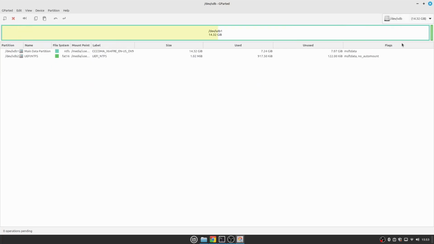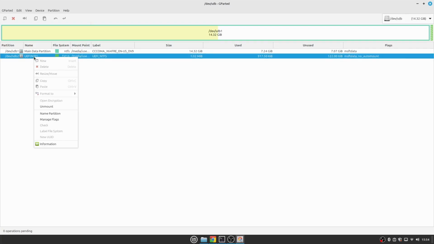And here after selecting the drive we can see we have two partitions, and we need to delete them, but before that we need to unmount them. So right click on each partition and then select unmount,